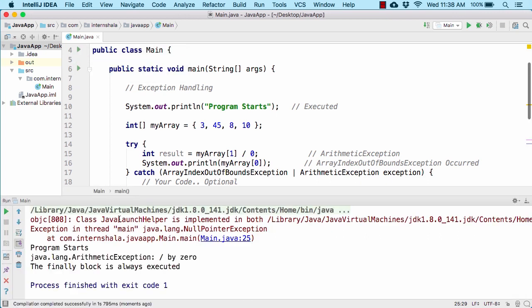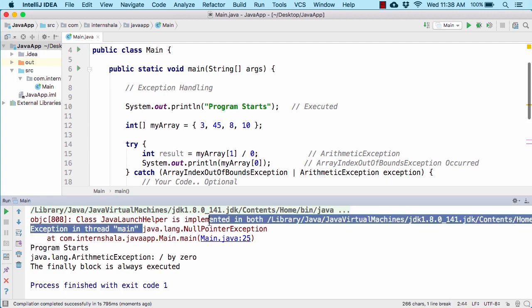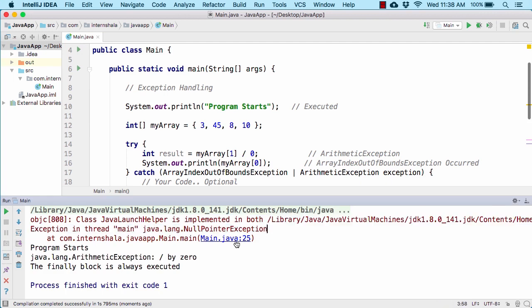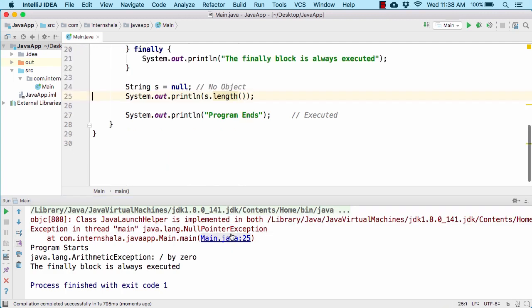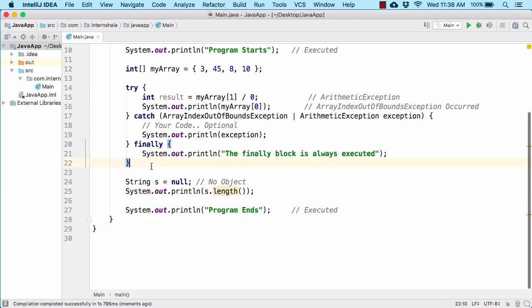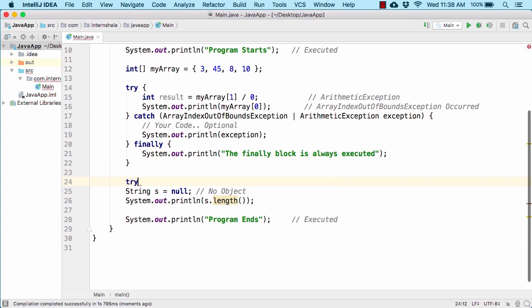So let us try this code out. So here we get some exception, Java lang NullPointerException. If you click on the blue link, it will take you to the line where the exception has occurred. So at this point of time, we got some exception. Now suppose we don't know what exception can occur at this line. So in that case, you don't always need to remember the name of the exception, which is NullPointerException in our case. So here in our code, what we can do, we can simply use try the code